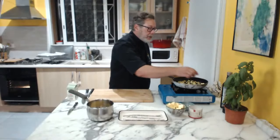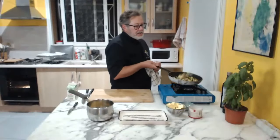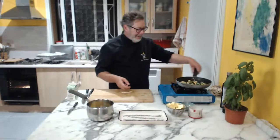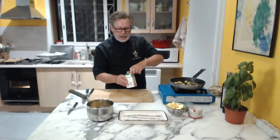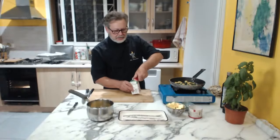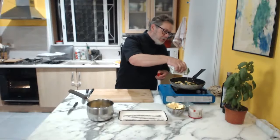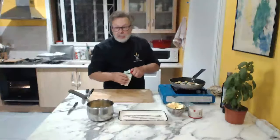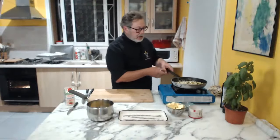I'm going to add a little bit of butter. You know why? Because with butter, everything is better. I say that to every class. I think I've said that maybe 2,000 times. And we're going to add the cream. So heavy cream, not the light one. Stay away from those light yogurts. Light stuff is not good for you. It's not that much cream that we need there. I cook for 2 people, so maybe a cup. And we're just going to let it